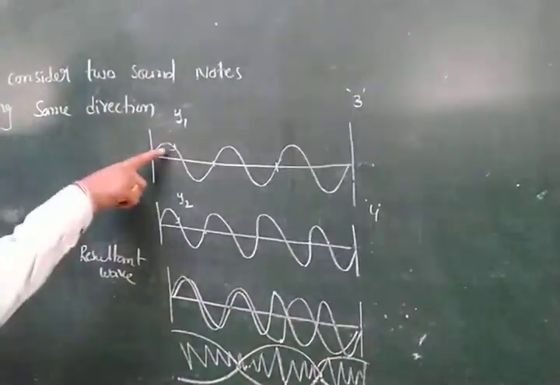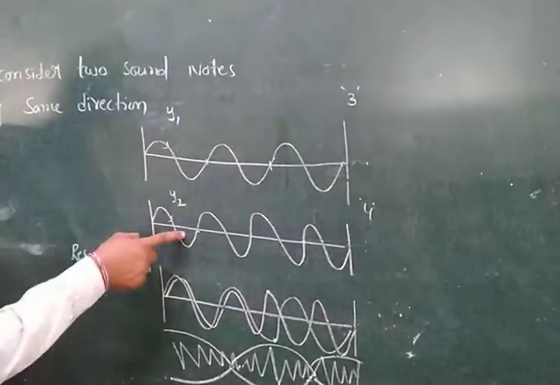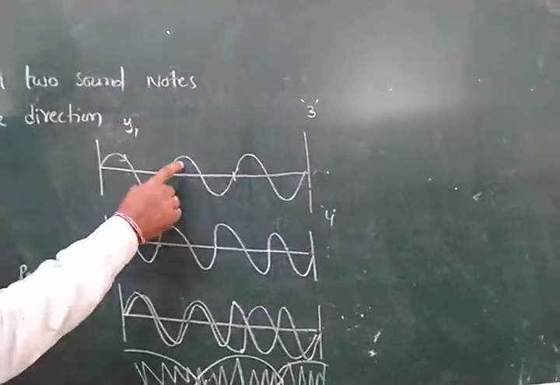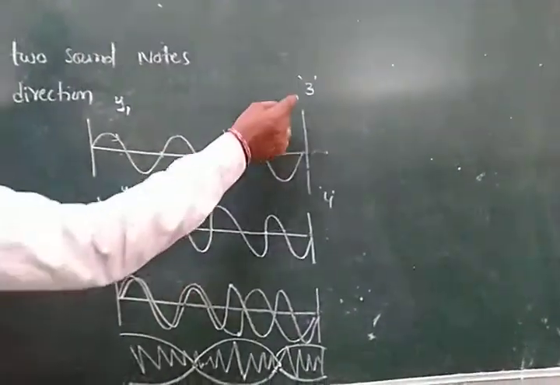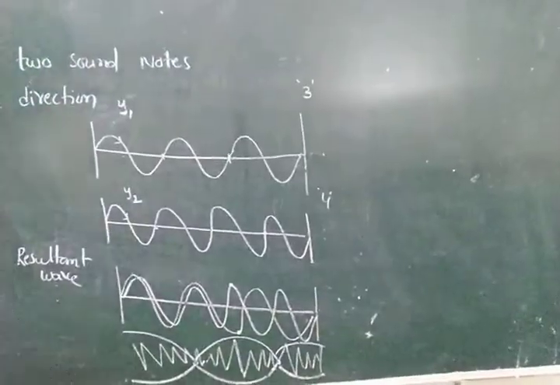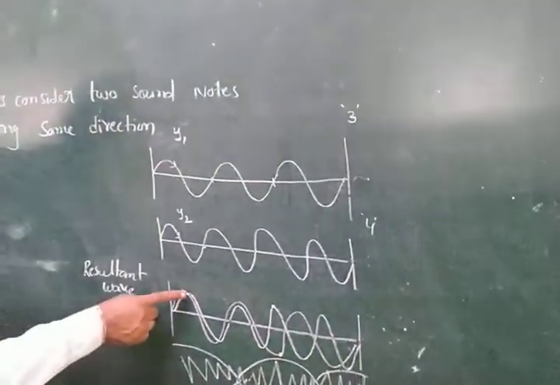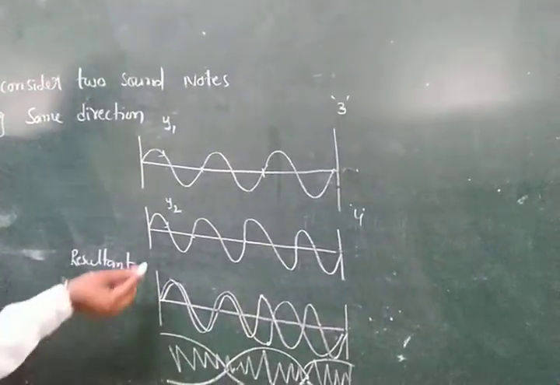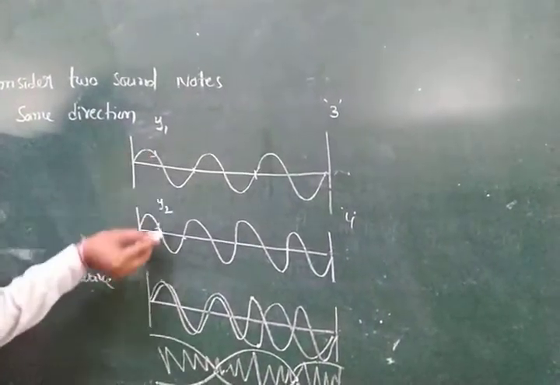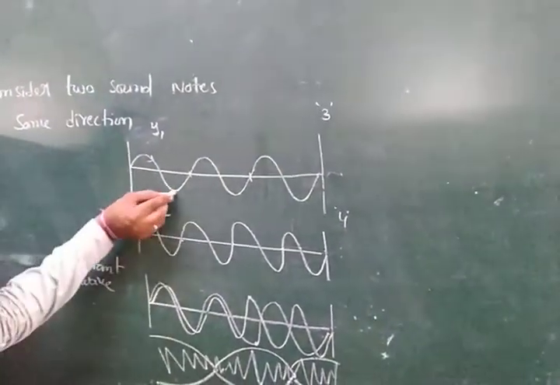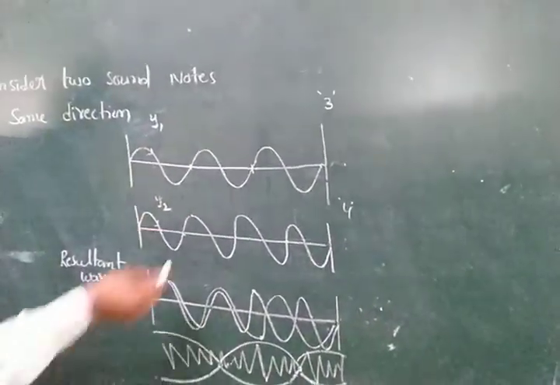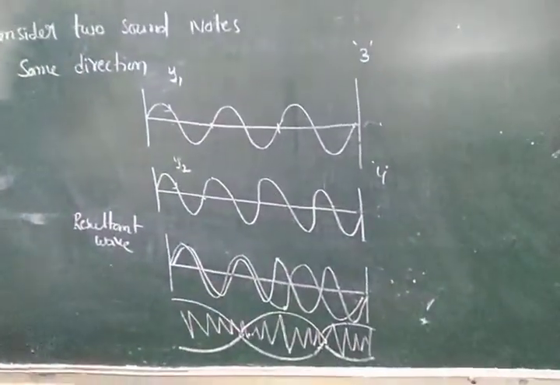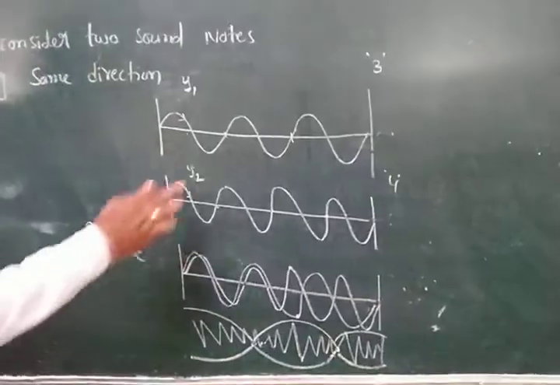Observe how many sound wave notes are taken. Two sound wave notes are traveling in the same direction, with the same amplitude but a small difference in frequency. When they overlap each other, a crest comes with a trough, and a trough comes with a crest, and at other times the crests of both coincide. This is called beats.